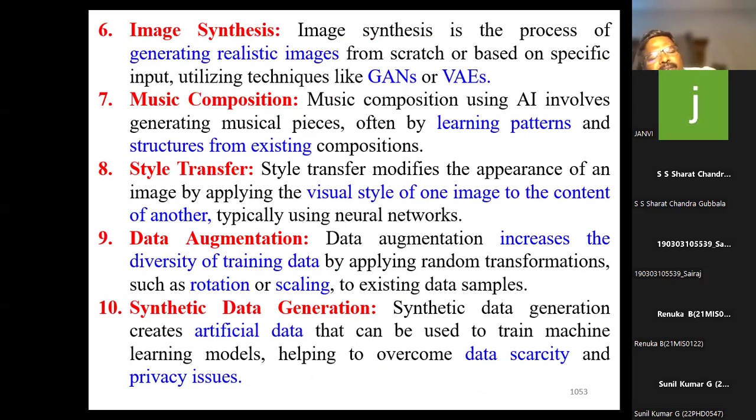That's why you can create synthetic data, synthetic images, synthetic video, whatnot. So that is one of the important concepts in generative AI. Then music composition. Music composition using AI involves generating musical pieces, often by learning patterns and structures from existing compositions. So you can integrate different styles of music, with audio, video, text, graphics, animation, and that becomes a music